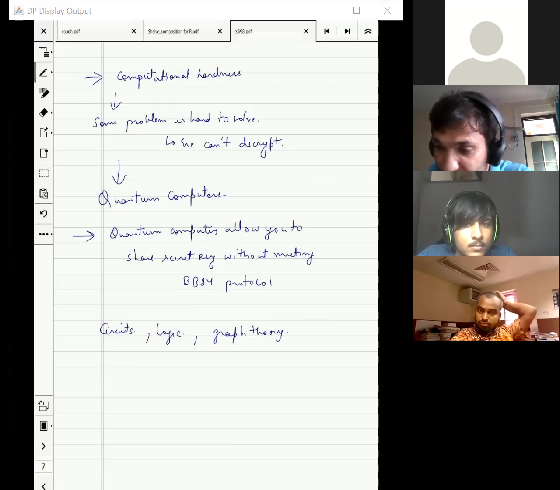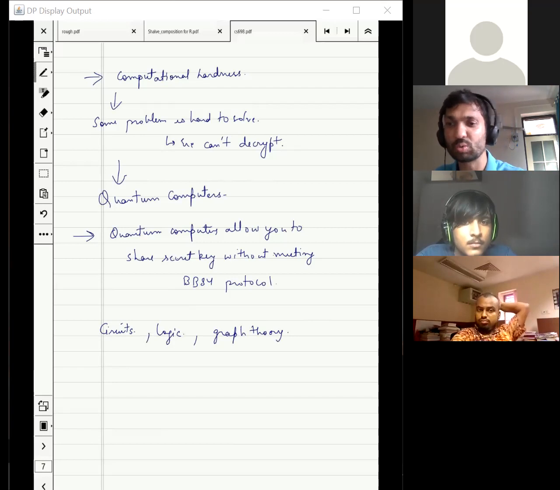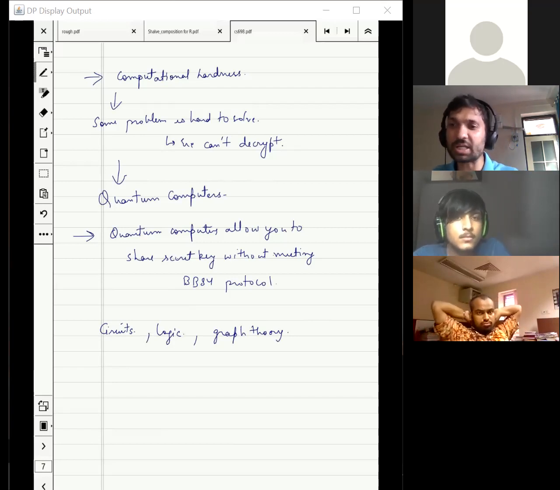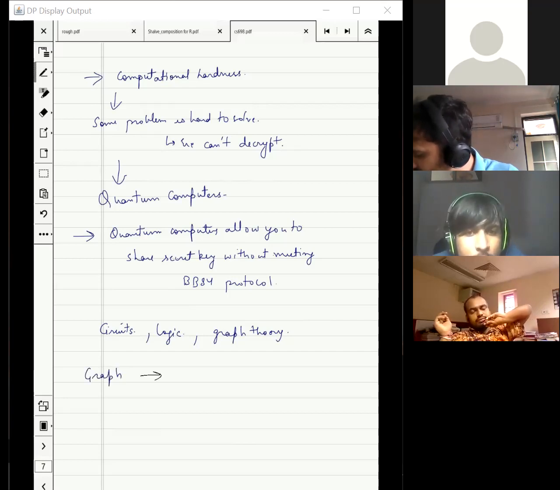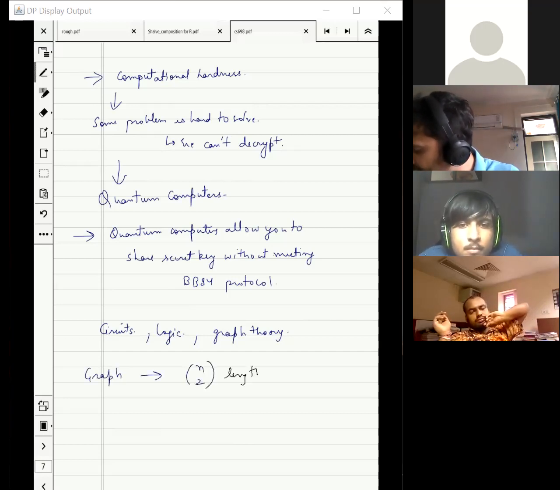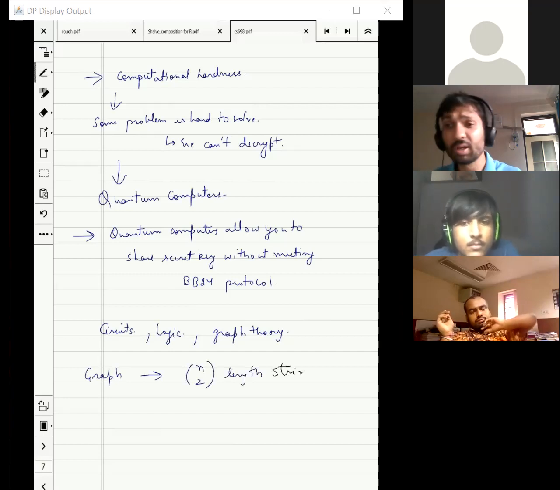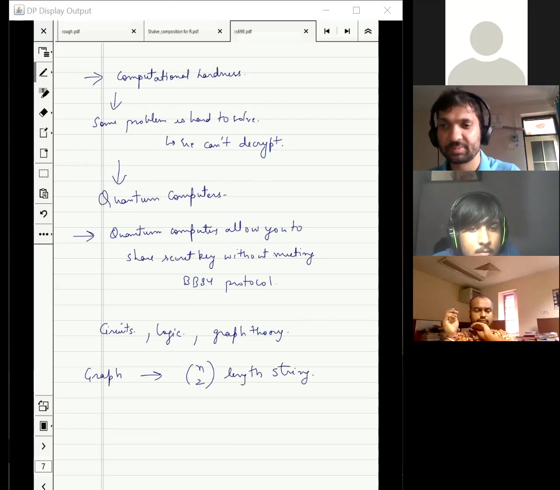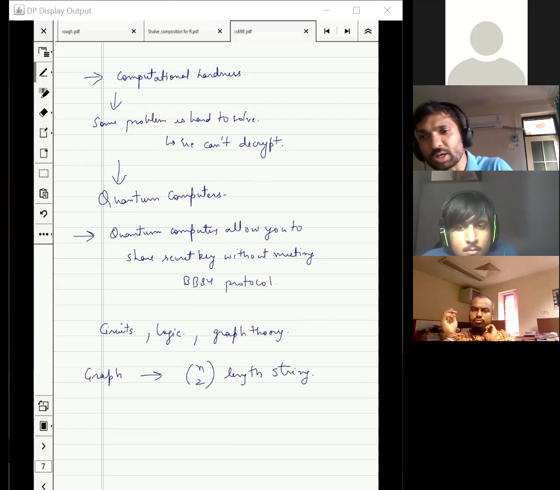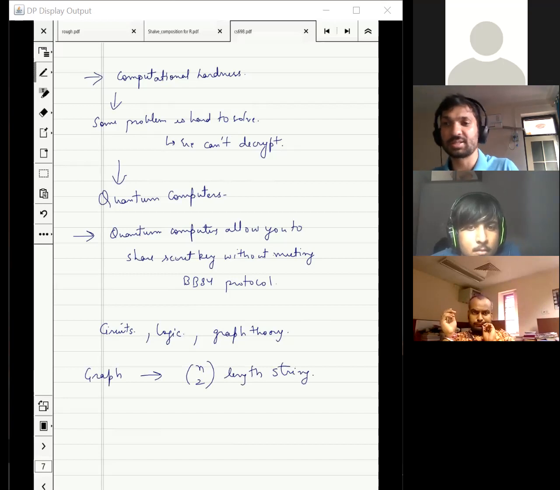Maybe the adjacency matrix. Yes, you have this n choose 2 length string, which captures what edges are present and what edges are not present. It could be thought of as a Boolean string. So a graph, once you know the vertices, can be thought of as an n choose 2 length string. And given this string, you can ask, when is it connected? Every such string corresponds to a graph. And now you can ask, is the graph connected? Does the graph have a spanning tree?